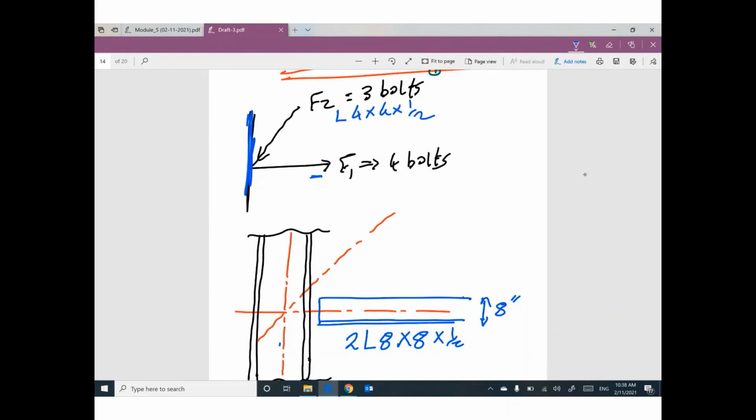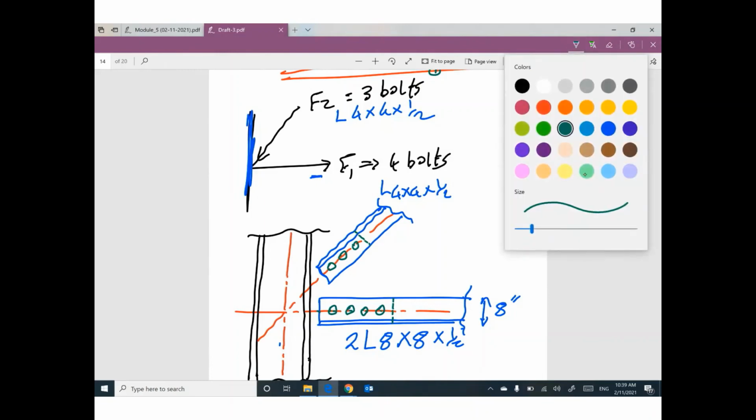So I will draw it, 4 by 4. The horizontal member needs 4 bolts: 1, 2, 3, 4. Please do, what is the edge distance? What is the spacing? Center line, center line. By the last one, I will measure the same edge distance to be here also. Here I need 3 bolts: 1, 2, 3.